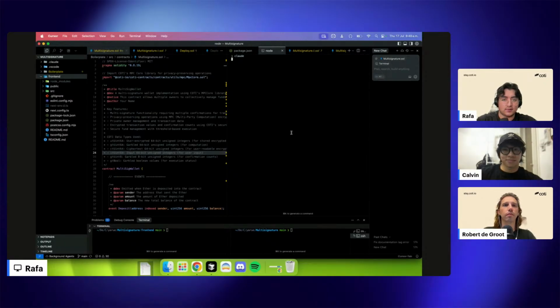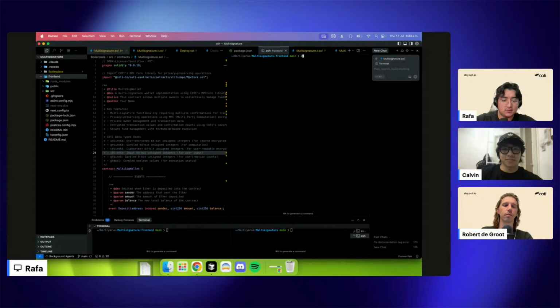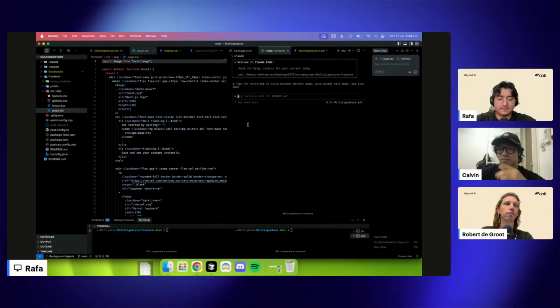First we should open the front end directory, and then open Claude, and we're gonna say, hey, create a multi-signature wallet UI interacting